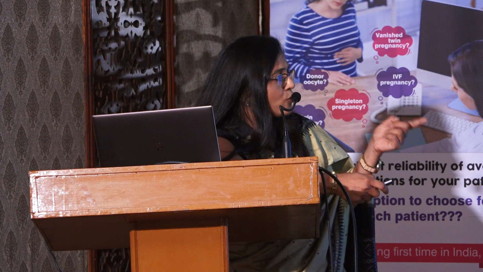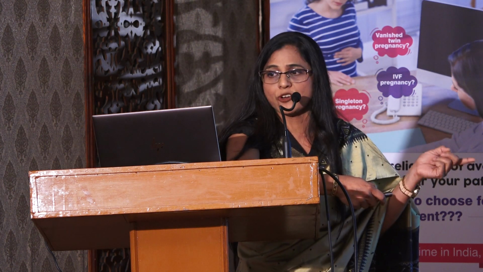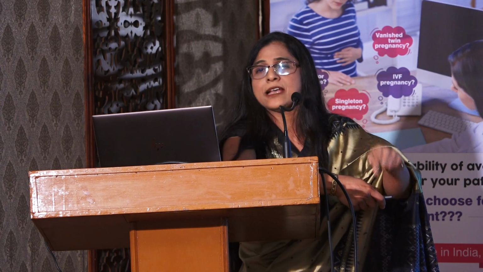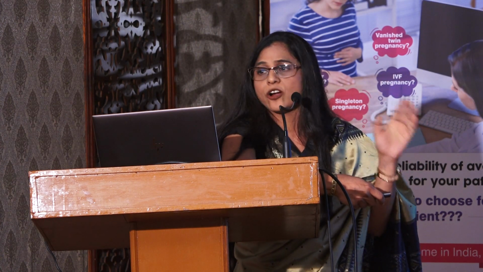We know Waardenburg syndrome is an autosomal dominant disorder, so a mother who has all the phenotype has to have this genetic mutation. So the mother's blood was tested for the same genetic mutation, the same variant, and the mother was found to have the same genetic mutation as the daughter. So it was confirmed that this is Waardenburg, which the mother has, and it has gone to the daughter.